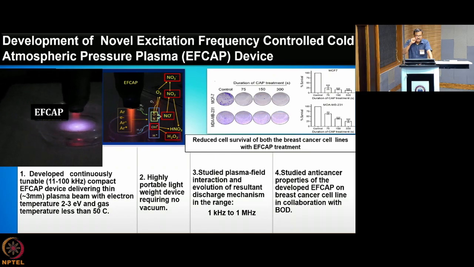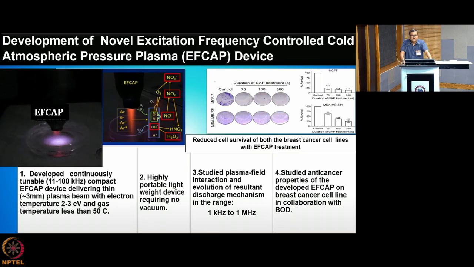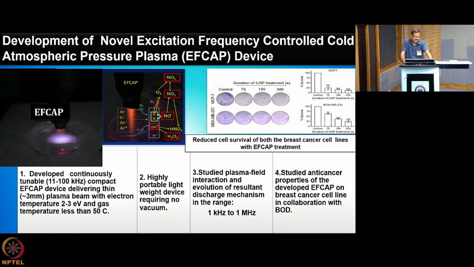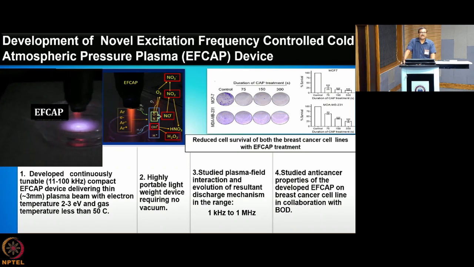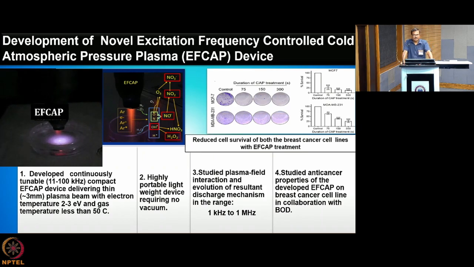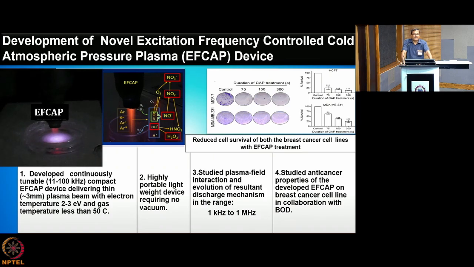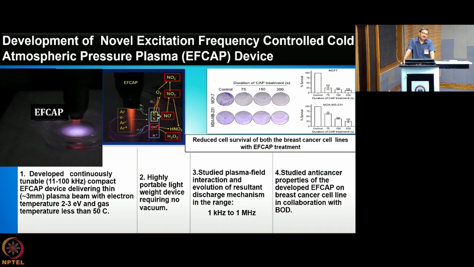Now the device that you are seeing in this slide is a different kind of device. It's totally different from the kind of devices that we have discussed or seen in our slides so far. In the video you are seeing that the plasma jet is impinging on some water in a crucible. And you are seeing that the water is not boiling, neither is it evaporating.